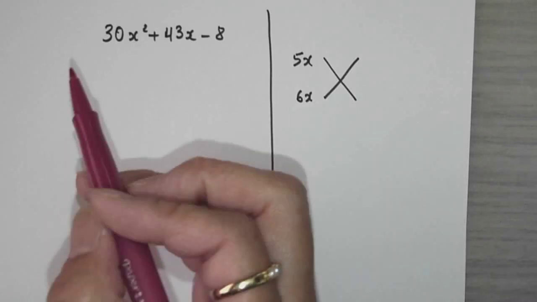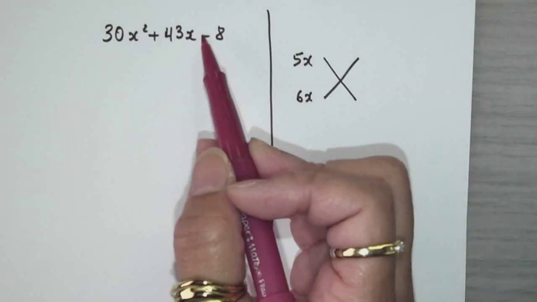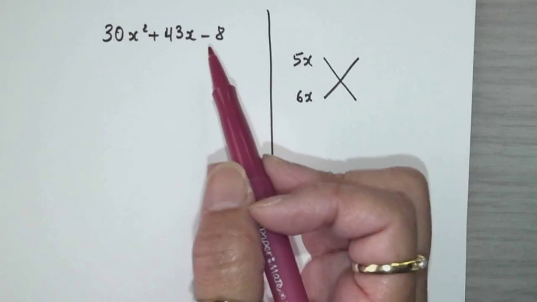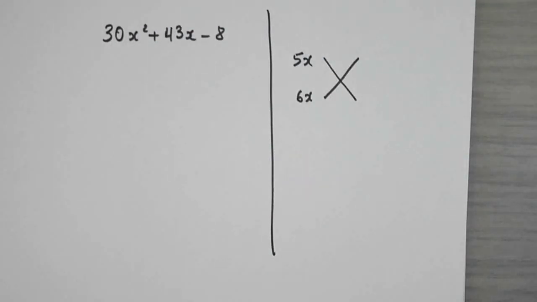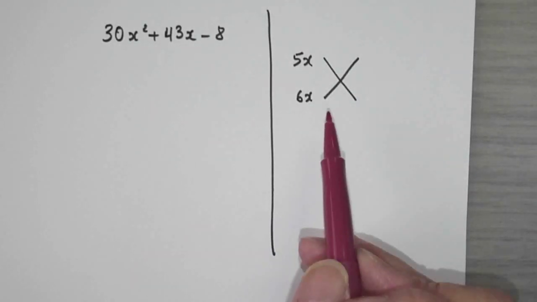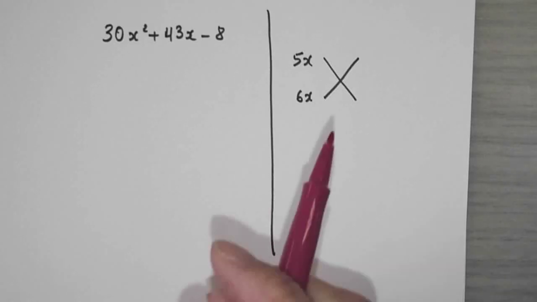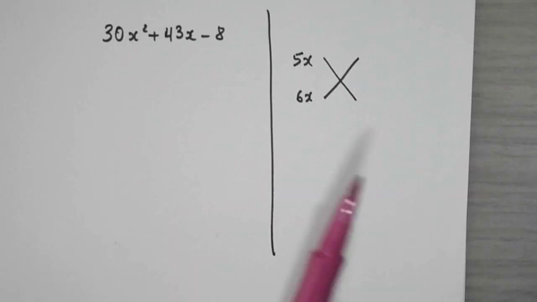So we've got 5x and 6x, that gets me my first term. That always goes in the first column. The second column is the 8. For 8, I have 1 and 8, and 2 and 4. Now, let me show you a nice thing that works with this. It reduces the number of checks that you have to do. And this is why I said this is actually, for me, a better method. This was the only method I learned. Growing up, I didn't even know there was a decomp method. I had to learn that